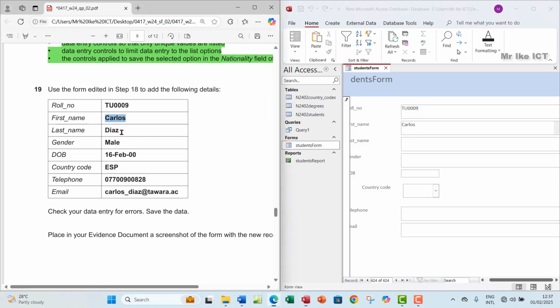and then last name, going to have it there, and then gender, have gender in there, paste it right there, and then date 16th February 2000. So I'm just going to paste it in there also. And then this one is